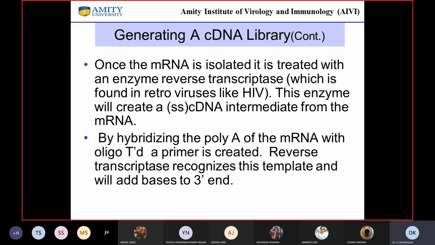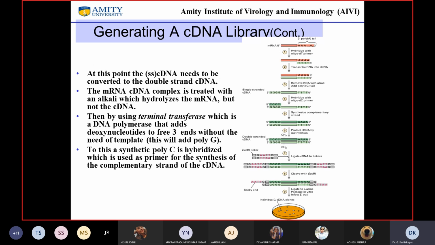Right. So by hybridizing the poly A of the messenger RNA with the oligo dT, you are essentially creating a primer, the way we do for PCR, right? And reverse transcriptase recognizes this template and starts adding bases to the 3' end. Okay, so typically this is what happens.